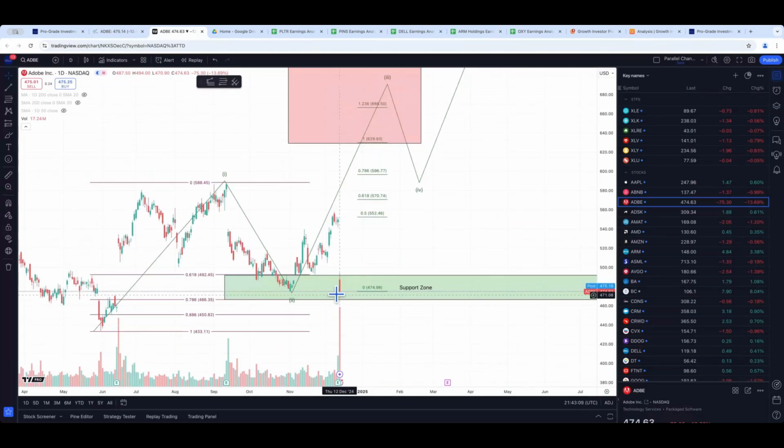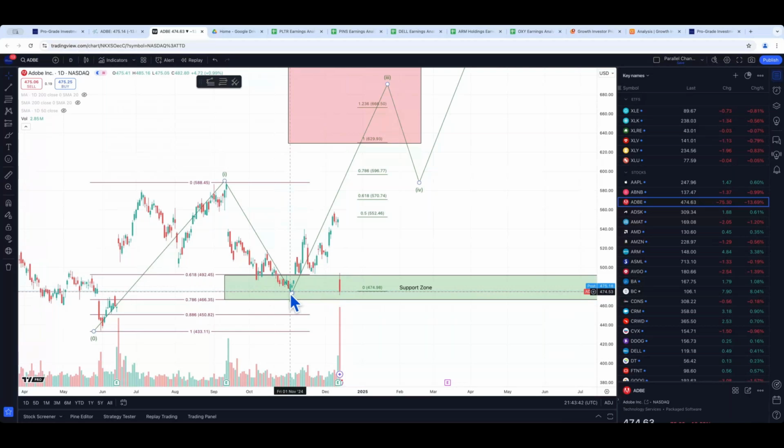It's put in a double bottom. Okay, so this is the June low, so the May low, end of May at 433. Moves up to a wave 1 high at 588, and then it puts in this wave 2 low between the 61.8 and the 78.6 retrace of that May to September move. Starts to climb up, looks like it's putting in a wave 3 up. We get earnings, poor reaction to earnings, and then look what happens, right? It's dropped, bounced at exactly the low that was put in early November.